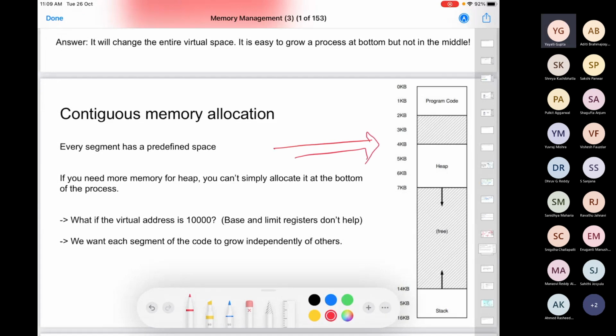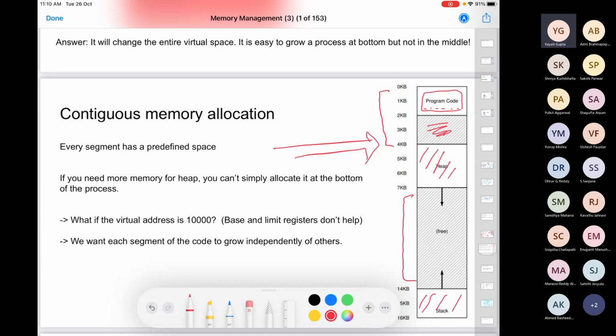So when you actually look at the virtual address space of a process, it looks something like this figure on the right hand side. Even in your virtual address space, not all the addresses are being used. This much portion is for program code, but this process is using only this much at a given time. This much is all free. Again, talking about your heap and stack, this much is being used for heap, this much is being used for stack, and all this is not in use. So in this virtual address space, there are quite a lot of big chunks in between which are not being used by the process.